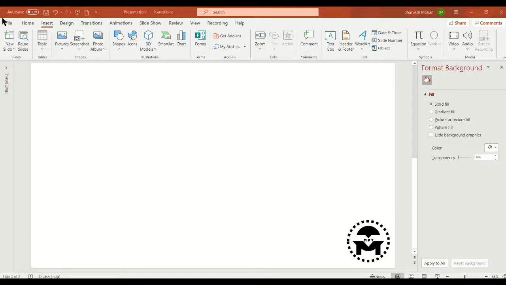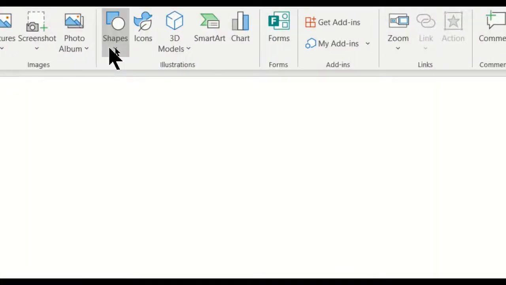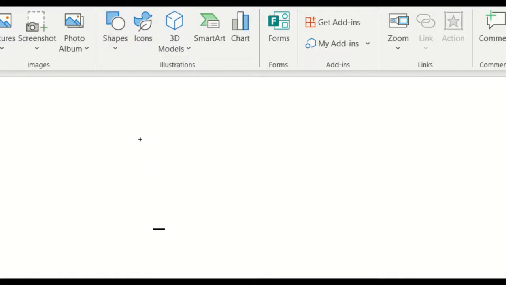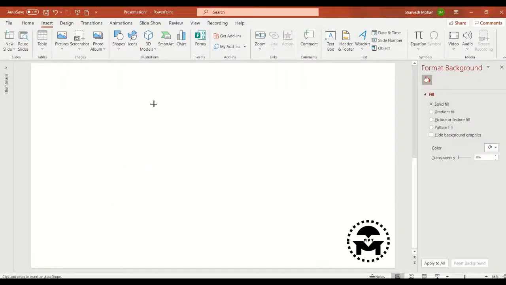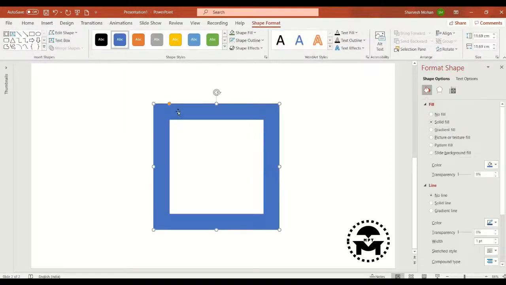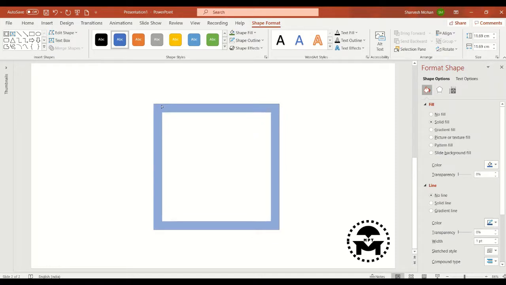Click on new slide, blank slide, go to insert, shapes, under basic shapes, select the frame. Hold the shift button and drag it like this, and adjust the frame size by clicking on the yellow button like this.